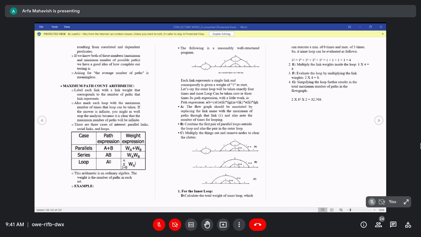Next we have loops. Okay, for loops, what you are doing is the loop rules. We have the loops rule, that is sigma, power n, i equals 0, W A. So this is the rule. If you have loops in your graph, at that time we apply the number of times.